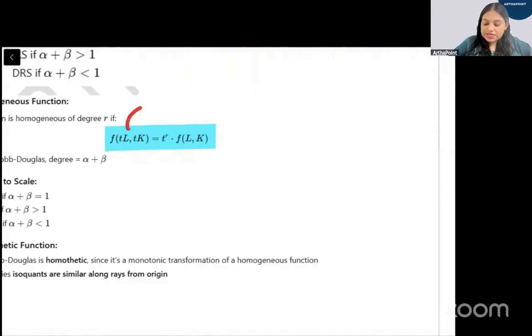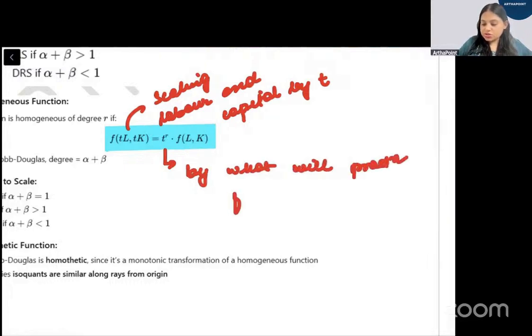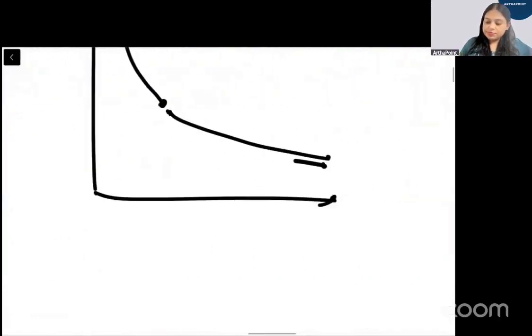When I am scaling labor and capital by t, I scaled labor by t and capital also by t, by what factor will the production function scale? Right? So for example,